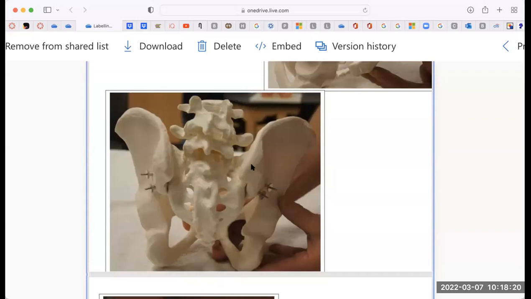So that's number 12. Then number 13, what I'd like you to tell me is the bump down in here. This big bump is the sit bone. So that's where we actually should sit on. We shouldn't slouch on our booty. We should sit on the sit bone. What is the technical term for that? That's number 13. Number 14,